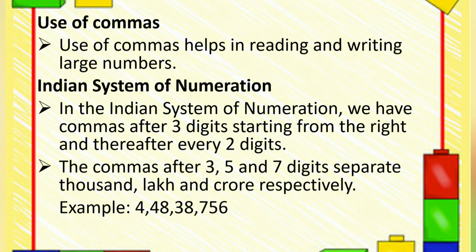Use of commas. Use of commas helps in reading and writing large numbers. Indian system of numeration. In our Indian system of numeration, we use ones, tens, hundreds, thousands, and then lakhs and crores. In the Indian system of numeration, we have commas after 3 digits, starting from the right and thereafter every 2 digits. The commas after 3, 5 and 7 digits separate thousands, lakh and crore respectively. Example,